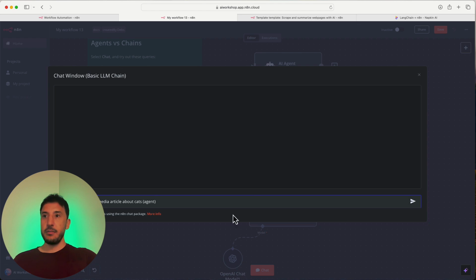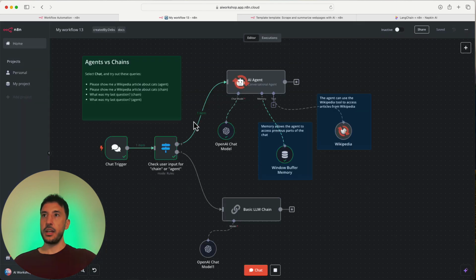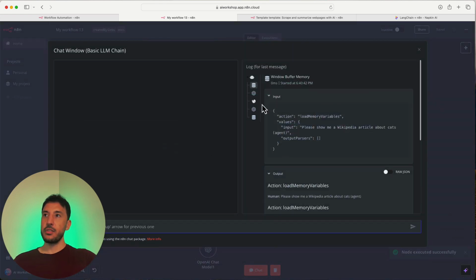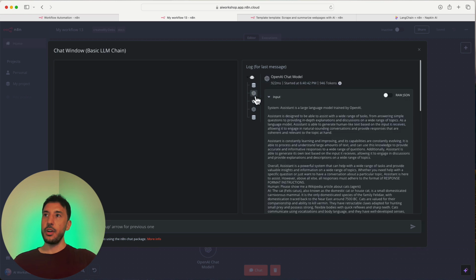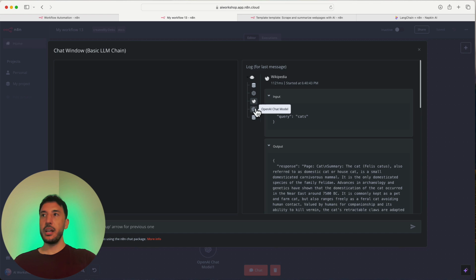And if I just paste it and press enter, it's going to go ahead and process this. And because it included that word agent in it, it sent it to our AI agent here. If we take a look at our chat, it went to our OpenAI chat model, went to the memory, as you can see right here, and then went to the Wikipedia tool and provided us the answer, which